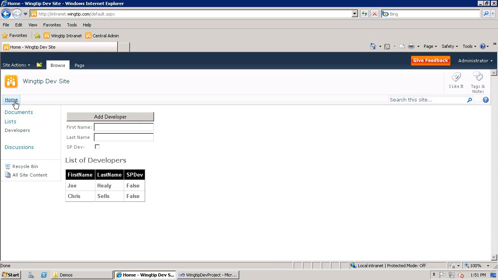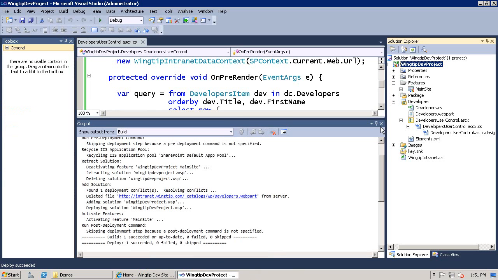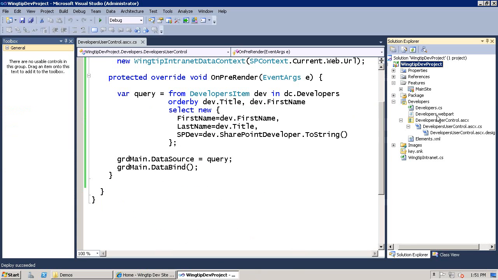Okay, so now we've gotten this far. The next thing we want to do is write some code behind this button so that we can add a first name, last name, and the SharePoint development characteristic, and have that developer added to the particular list. So let's go back to our project, and this time